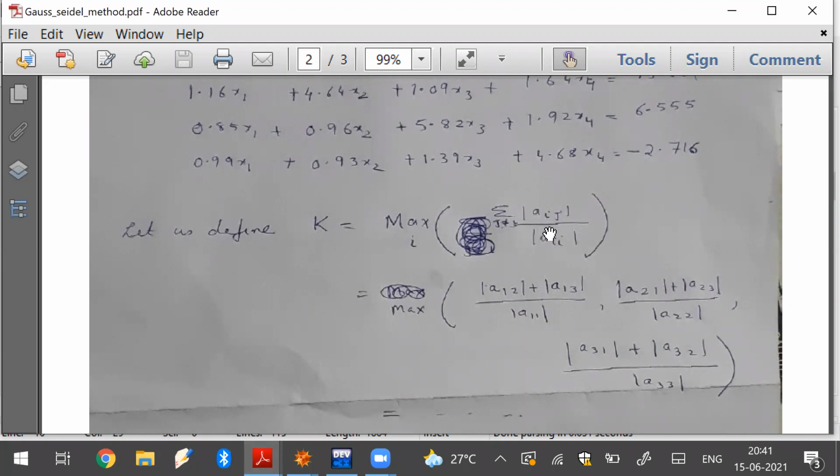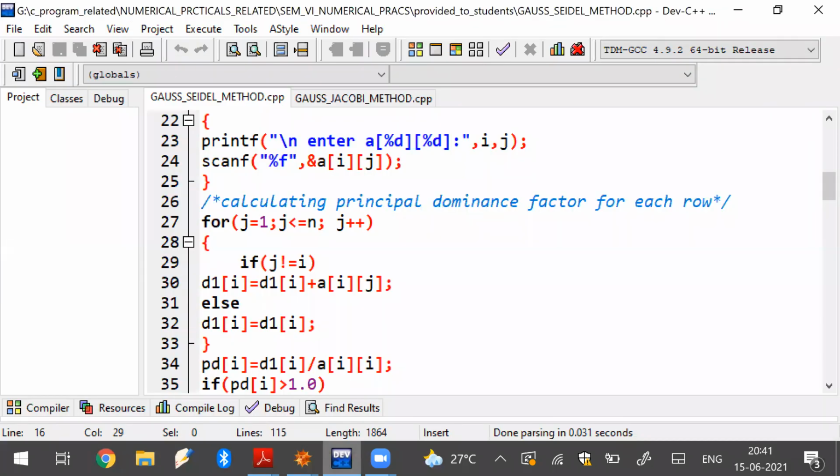That is exactly what we are doing here. The d1i here takes care of the numerator part. So if j is not equal to i, then only you add, otherwise let it be as it is. So this part is done.